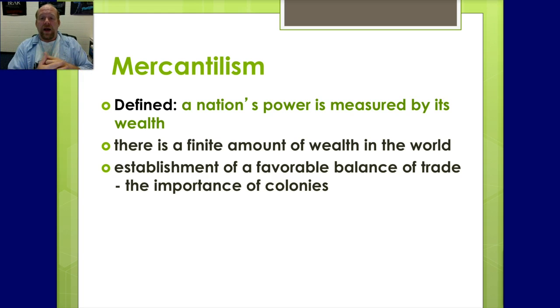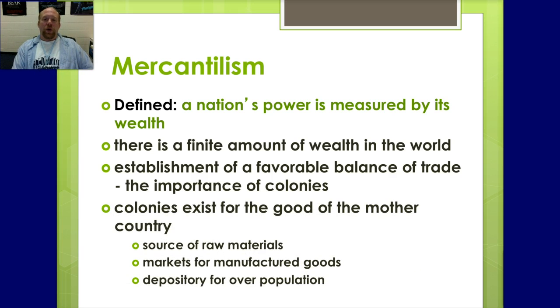Remember La Navidad from Columbus. The Spanish tried to do it. England really wants to make it successful because the more resources you have, the more colonies you have, the more wealth you have. Okay. So, like I said, colonies exist for the benefit, for the good of the mother country. More raw materials, more timber, number one, and that sort of thing. Market for the manufactured goods in England.